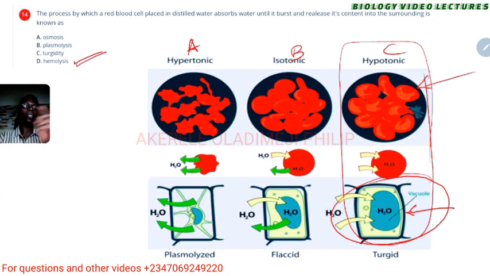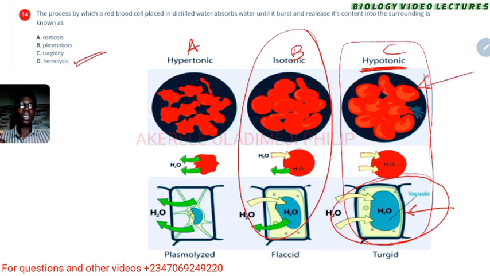Now hear this: for a cell to keep sucking water, it must be kept in a hypotonic solution, which means that the surrounding solution is more dilute than the cell itself. While isotonic means that the inside of the red blood cell and outside have the same concentration. So water goes in and out, nothing happens. But if you put a cell in a hypertonic solution, which means a concentrated solution, water will be sucked out of the cell. It's going to shrink. Same thing happens to the plant cell.